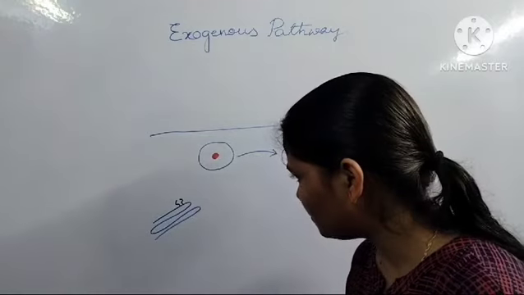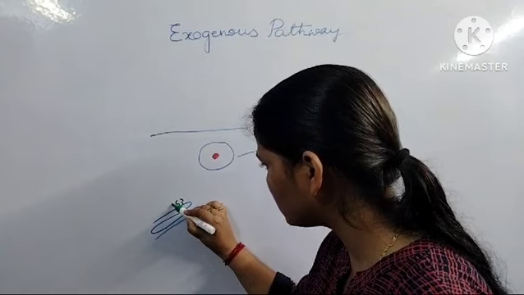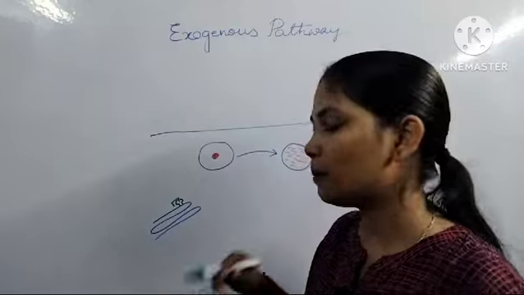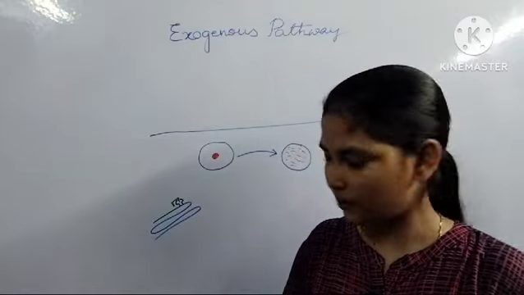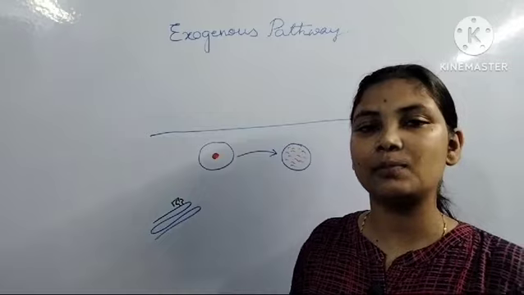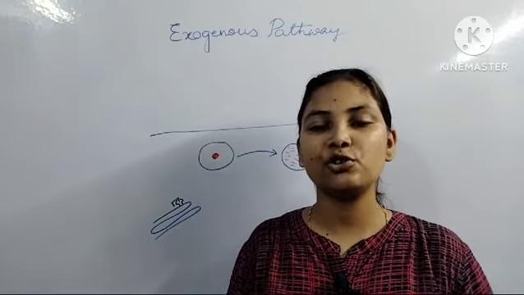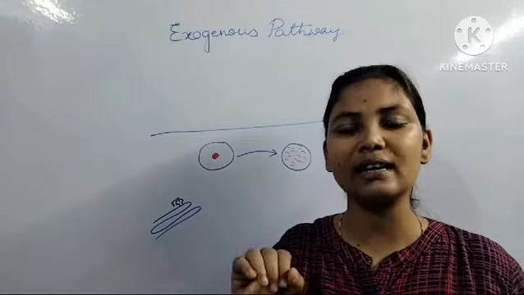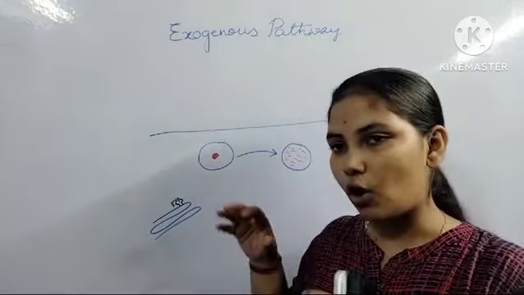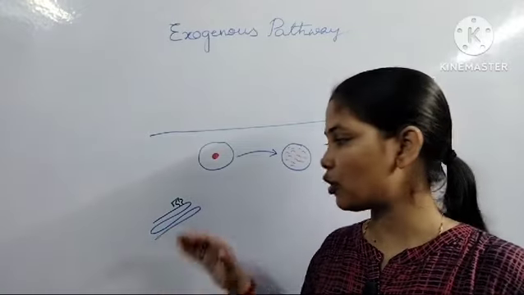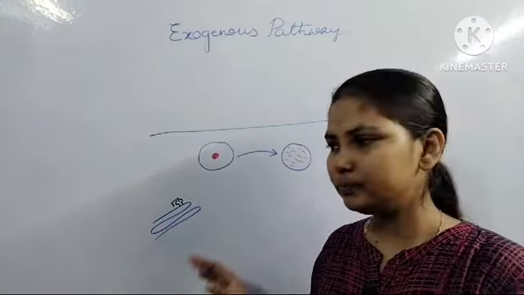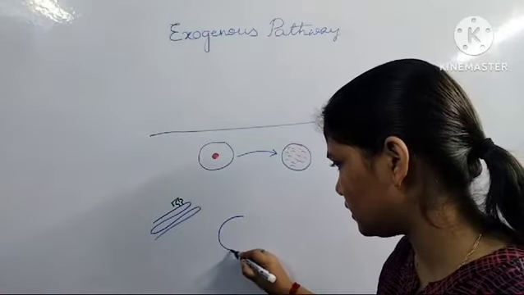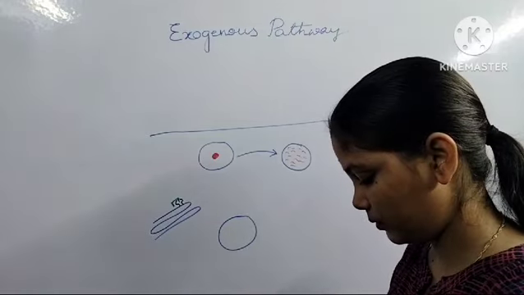Okay, so this is your invariant chain in the green color and it has occupied the peptide binding cleft of this MHC2 molecule. Now this invariant chain basically prevents any premature antigen binding to this MHC2 molecule, and it also has a sorting signal in its cytoplasmic tail. Now this sorting signal will direct the transport of this MHC2 molecule to the endocytic vesicle. Okay, so now this is your endocytic vesicle